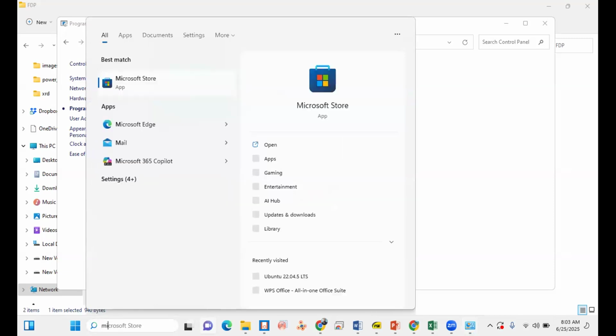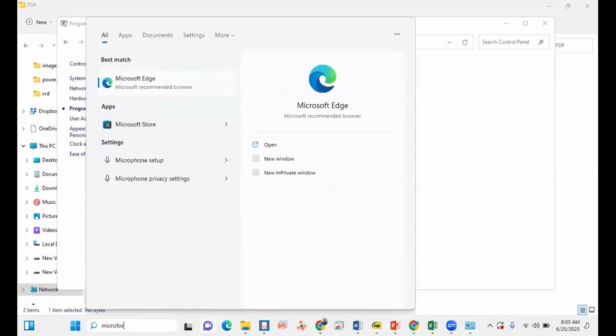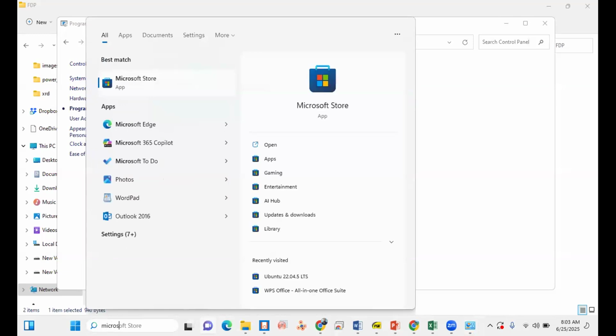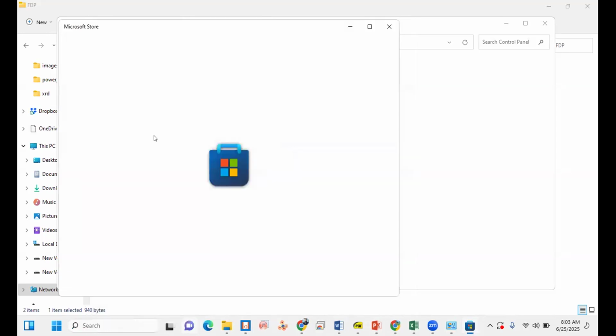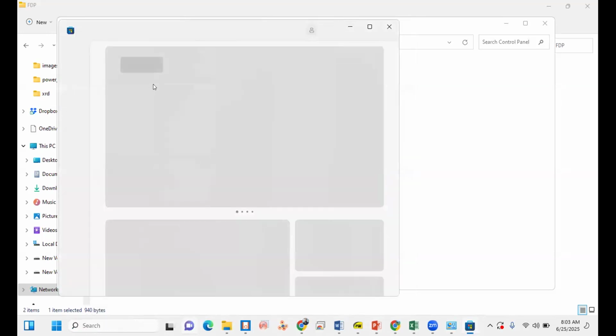So you will write here Microsoft Store. In the Microsoft Store, if you open it, it will open like this.